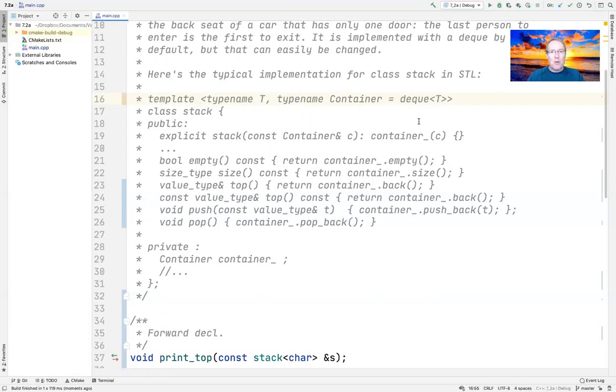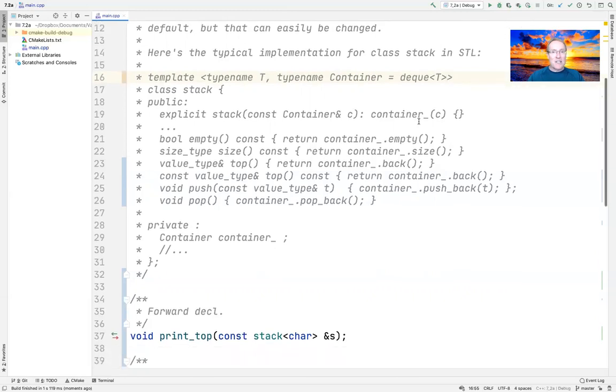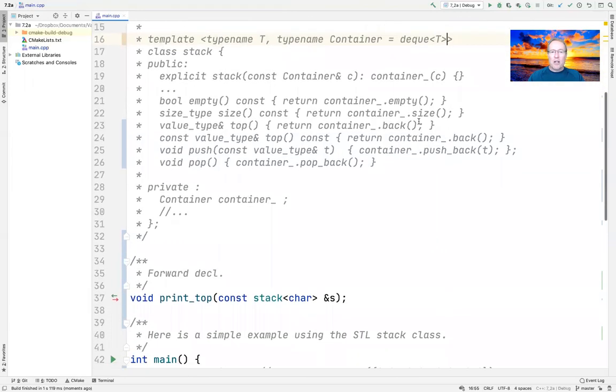Push, pop, top, all those kinds of things. Let's take a quick look at some of the methods and how they're typically implemented in a stack. Your implementation of STL may or may not look exactly like this, but chances are it'll look pretty close. So one of the parameters is just a constructor that takes in a const reference to a container,